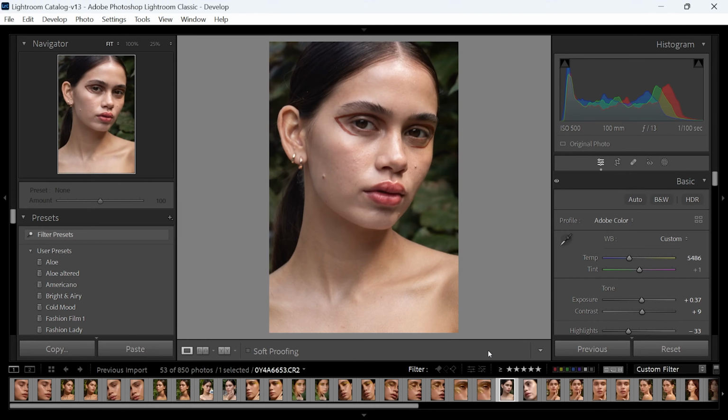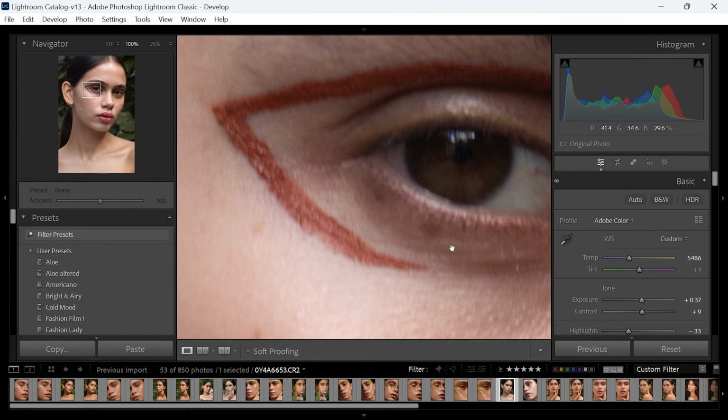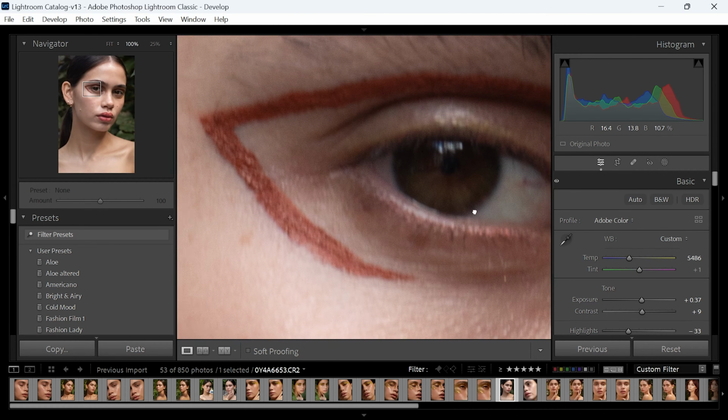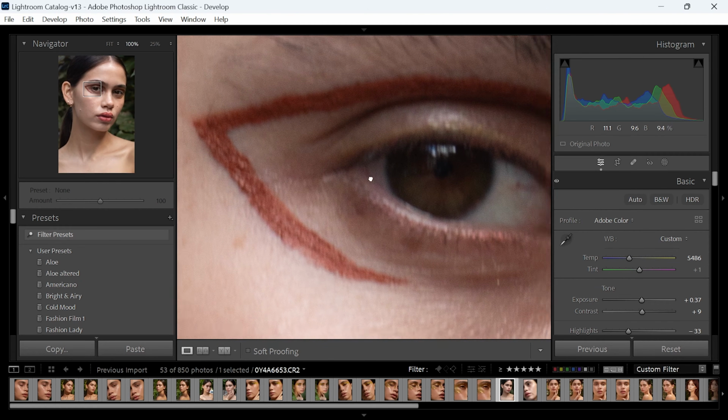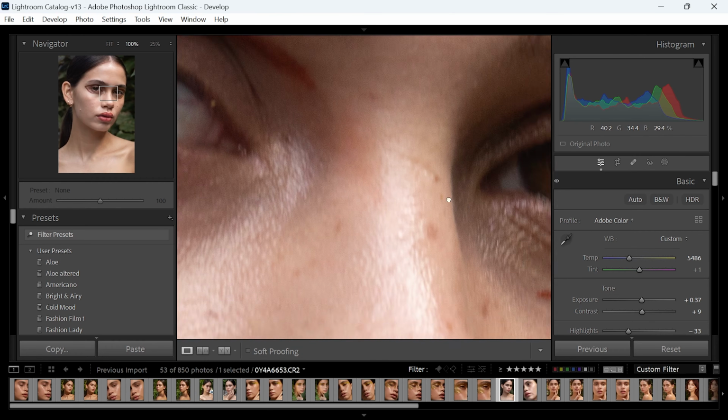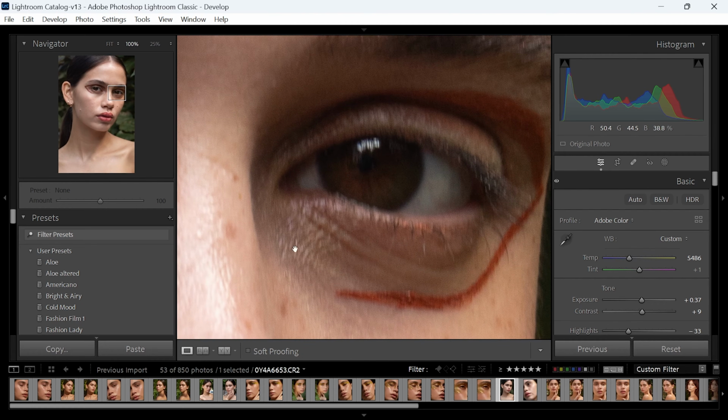Okay, so now that we're in Lightroom, I'm going to go through a couple of different tools in this program that I feel are really beneficial for bringing back texture and detail in images, particularly if you do have a blurry image like we have here. So if I zoom in, you'll see that this image unfortunately is not very sharp. There is a certain level of blurriness with this one, and unfortunately it is just slightly out of focus in the eyes. So we really want to help improve where there is that bit of motion blur there as well,